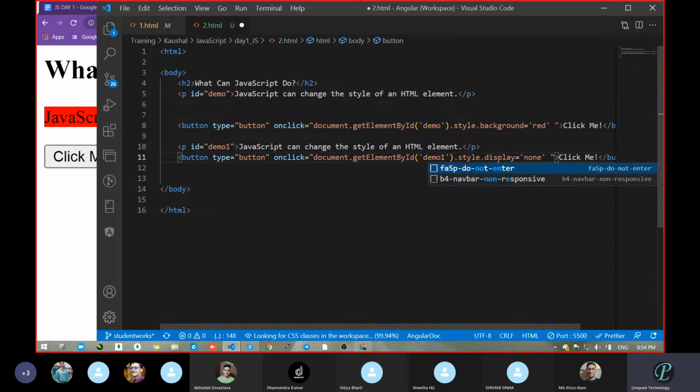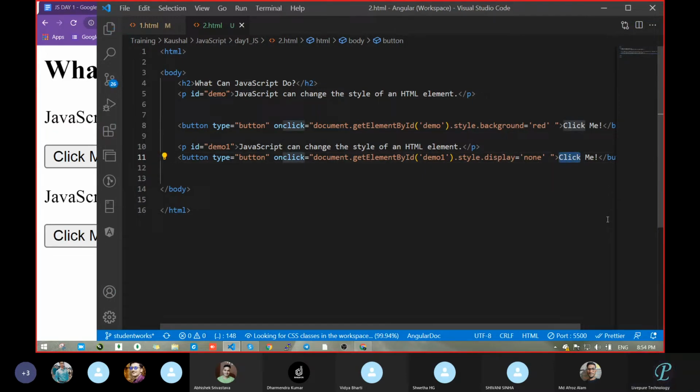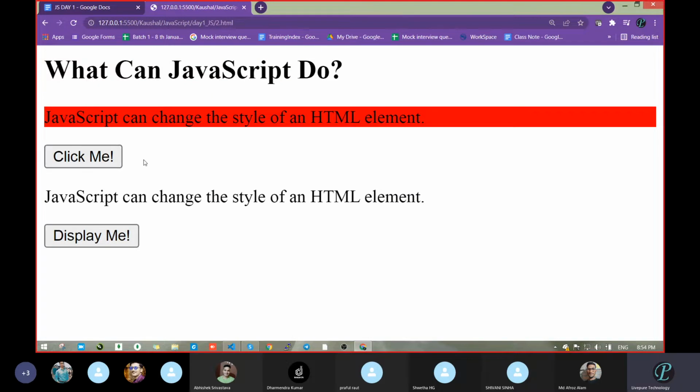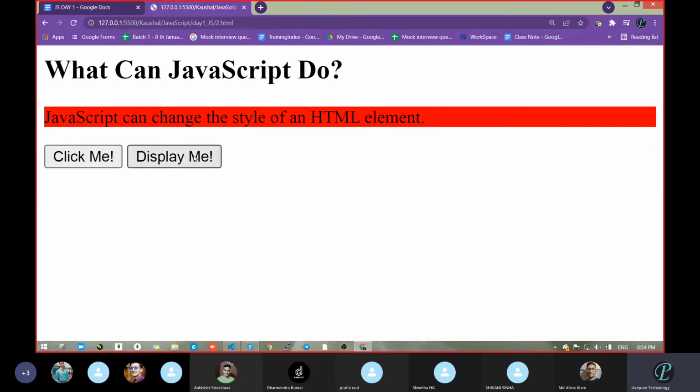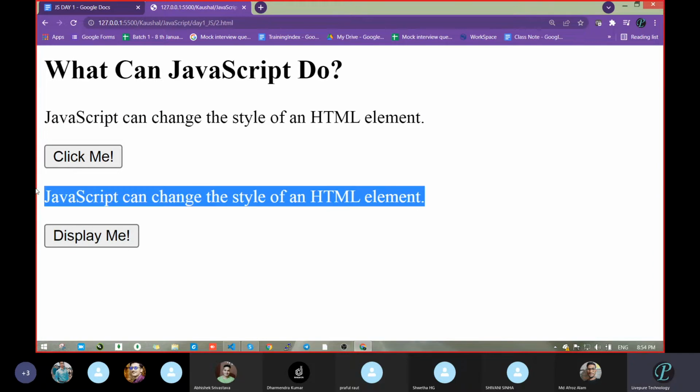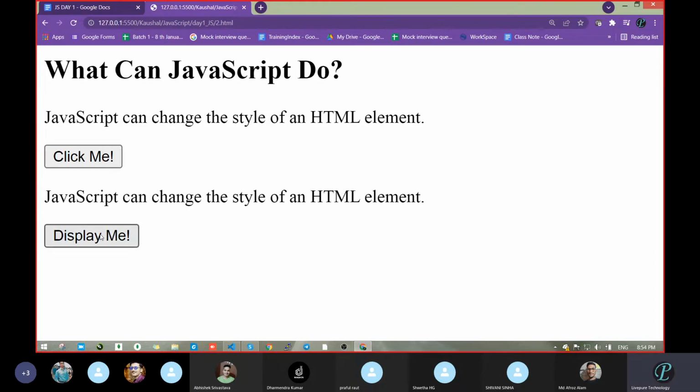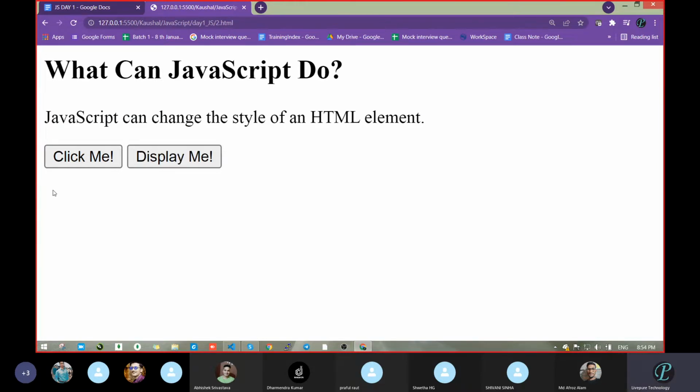None. Let's see now. Display, save. So see, click me, the color got changed. Now display me, it got hidden. Got it or not? See this content, whatever is written, click, the content is gone.